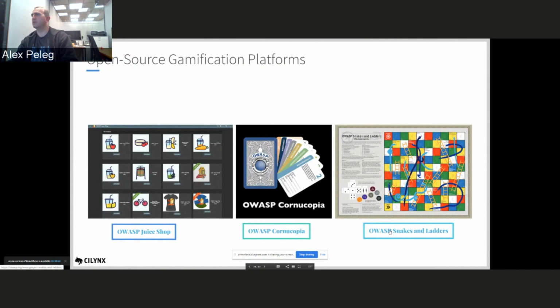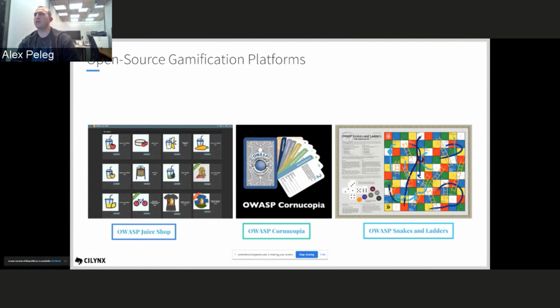Ladders. So I'll start with Snakes and Ladders. It's a game that you can take and play with your developer teams. I don't see it happening, but again, it's something that you can use and just drop at the places that the developers stay. Maybe they will play, maybe not, but also it's a cool project by OWASP.